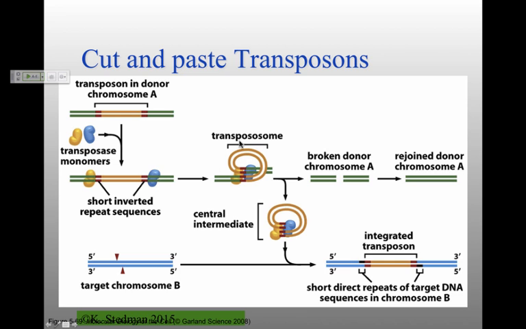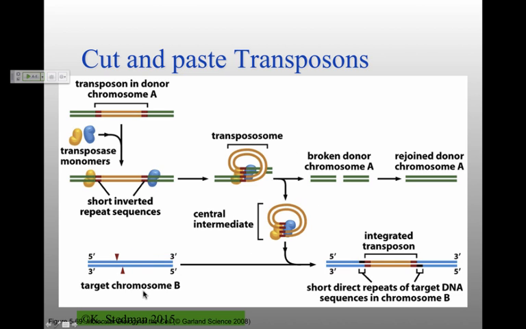Then these transposase enzymes are endonucleases, so they cut the DNA here, and many of them also will religate that DNA. So now you've got the chromosome piece where you started, and then this transpososome will jump to somewhere else in the genome. And where that somewhere else in the genome is, in 95% of the cases, this transposase will bind